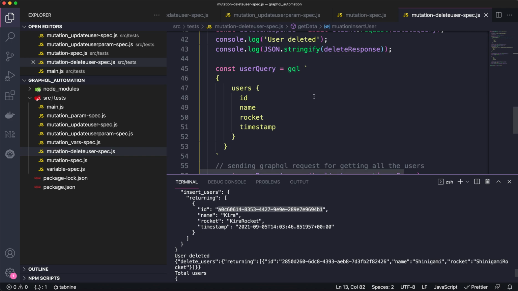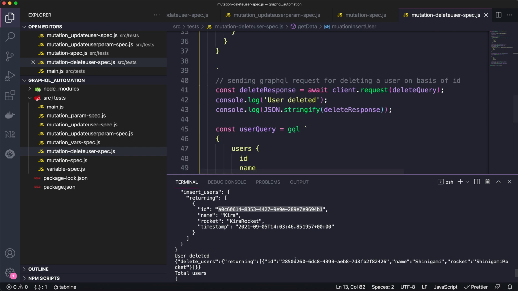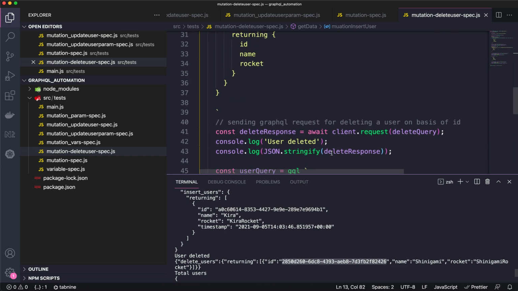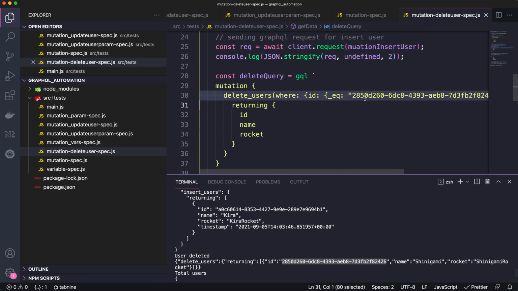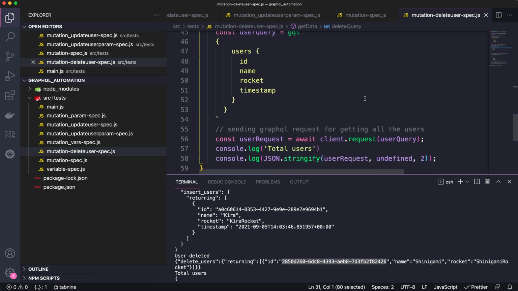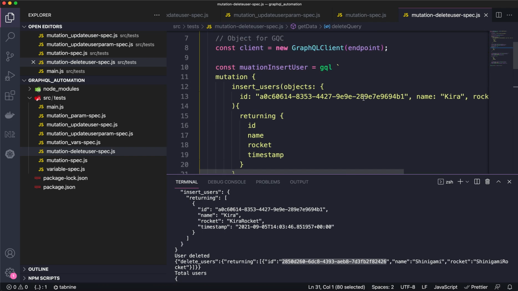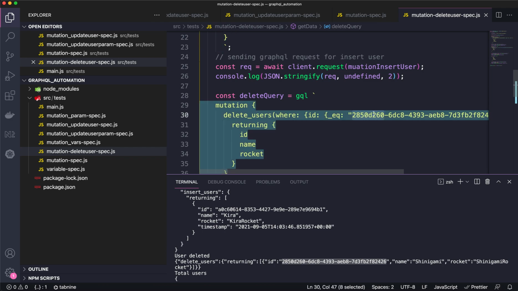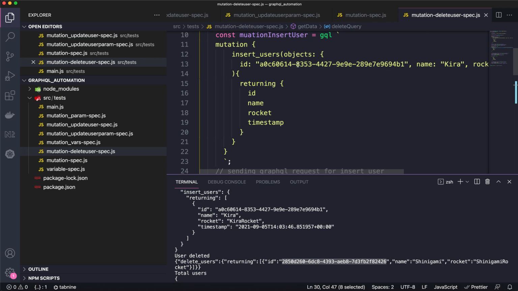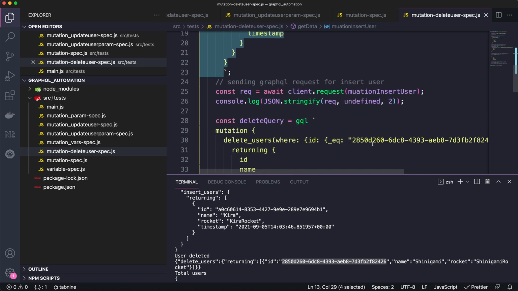Oh, that's a mistake actually. Sorry, my bad. I have just deleted the previous data, right? So I have to give this data as a part of this also, right? If I'm giving this ID, this one, then I have to delete the same ID, right? What I am doing, I am just creating with a different user and deleting a different user here, right?